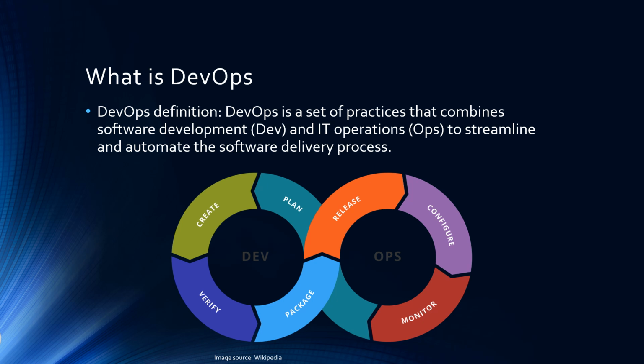By automating repetitive tasks and standardizing processes, we reduce human error and free up teams to focus on innovation and improvement. In practice, this means developers become more operations aware, considering aspects like maintainability and monitoring from the start. Similarly, operations teams become more deeply involved in the development process, providing input on infrastructure requirements and operational constraints early in the development cycle. As we progress through this course, you'll see how this definition manifests in specific practices, tools, and cultural changes that organizations need to embrace for successful DevOps implementation.